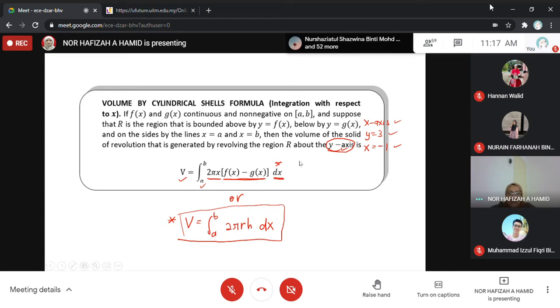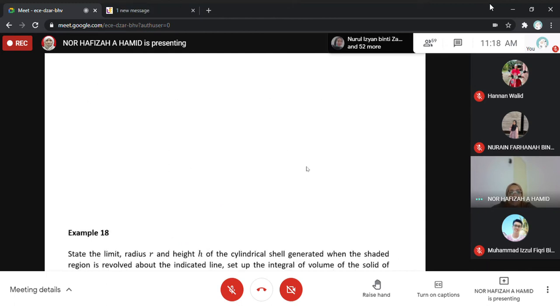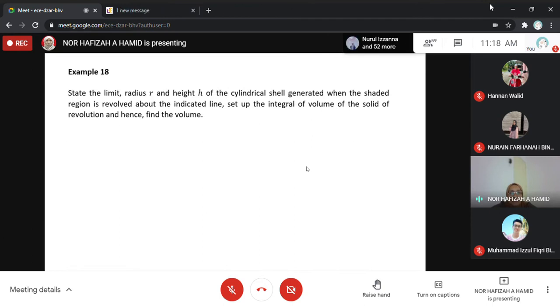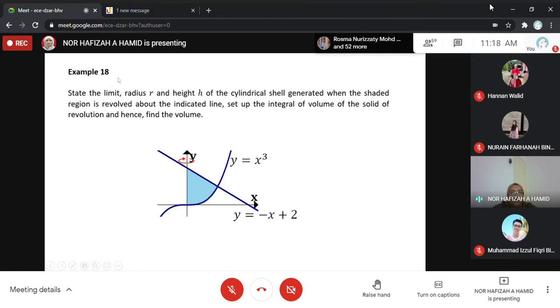Okay, so this is the volume for the cylindrical shell method, when we want to integrate with respect to x and the axis of revolution is at the y-axis. You can refer to example 18. I will only show the setup because for the full solution you can refer to the recorded video. So example 18,